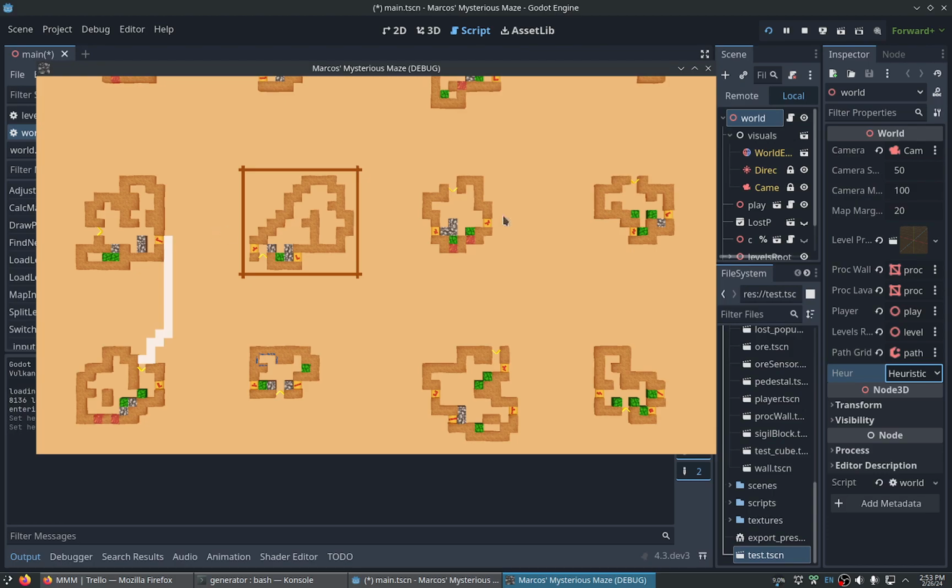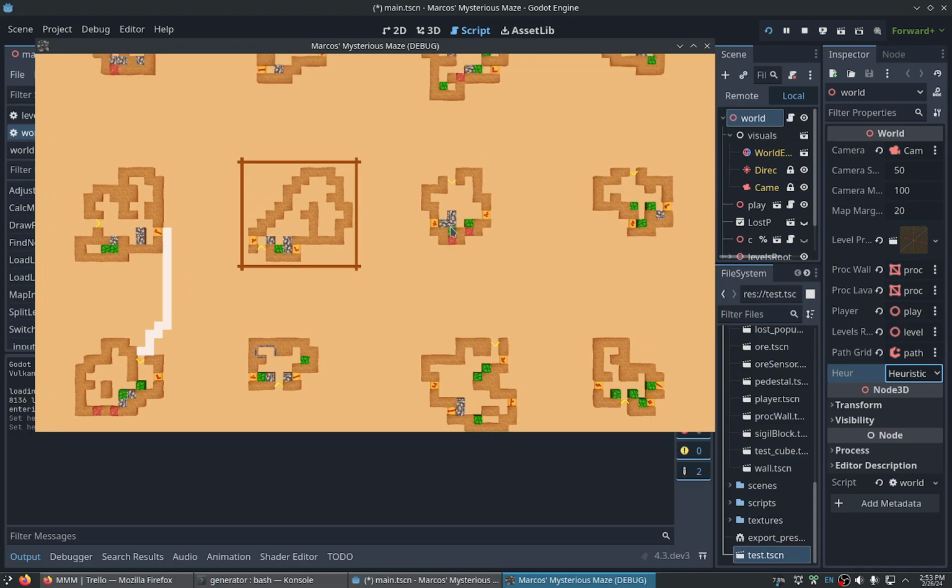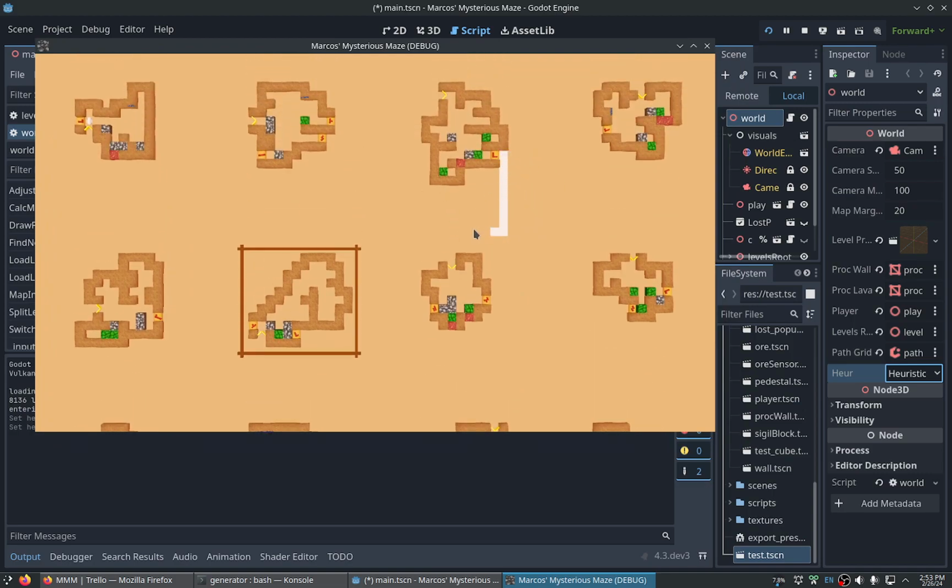And perhaps I will make my own heuristic because these are too regular. Or perhaps I will add random obstacles to make the paths more meandering, but I don't know yet. What I wanted to do, instead of drawing using the, I'm currently using